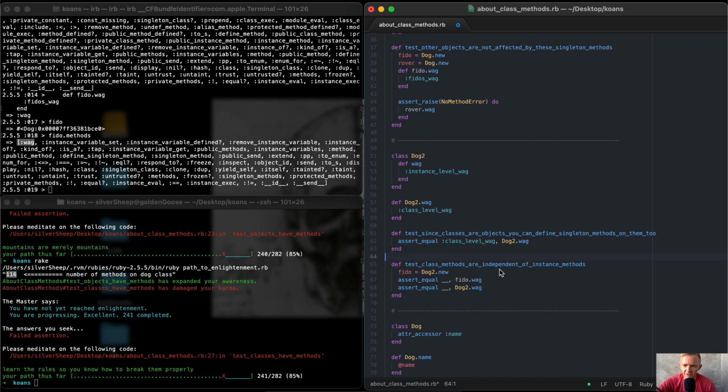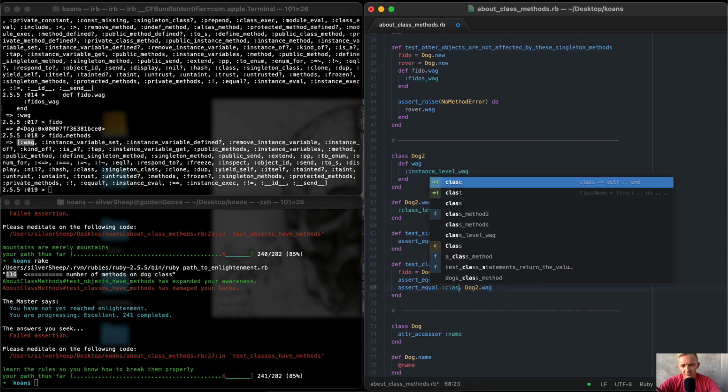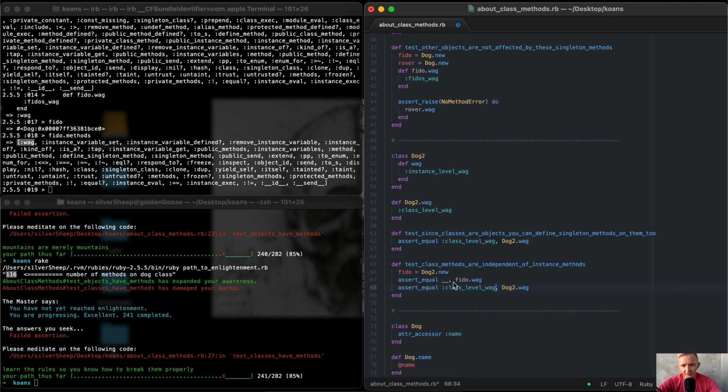Test class methods are independent of instance methods. Fido is equal to dog2.new. Fido.wag and dog2.wag. I think dog2.wag is going to be class level wag. And Fido is equal to dog.new. I think because this was instantiated afterwards, that this is going to be an instance level wag. Yeah, instance level wag. Cool, so I'm going to save that and just run this because this is kind of a long one,